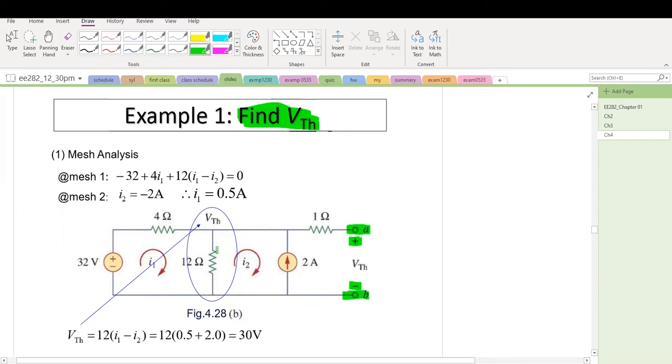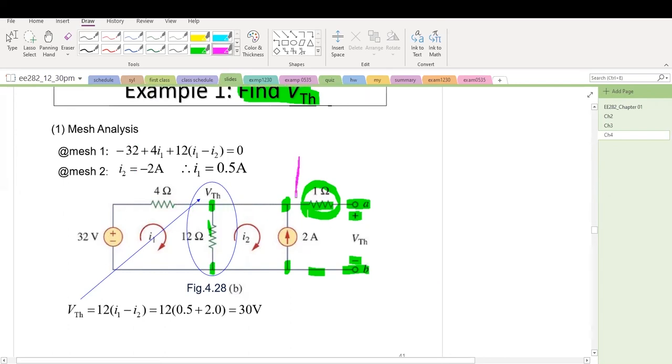We can use source transformation, nodal analysis, or mesh analysis. Anything we learned can be applied here. One thing that confuses a lot of us is that this is an open circuit, so there is no current flowing through this resistor. Therefore, VTH is the same voltage from this terminal to this terminal. That's the same thing. This is VTH as well. So the circuit really becomes this